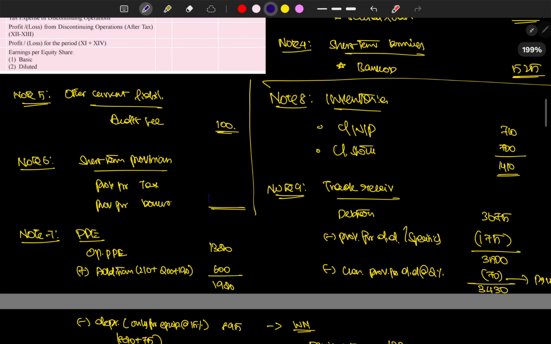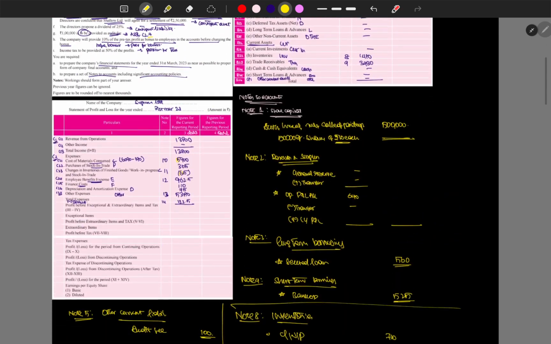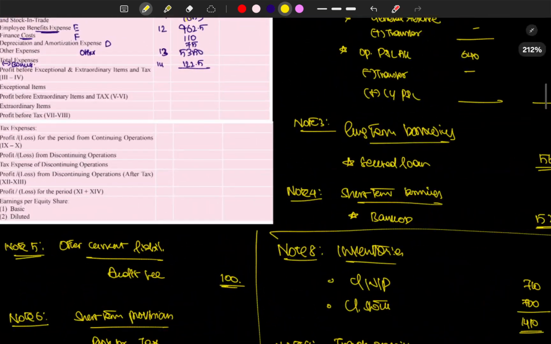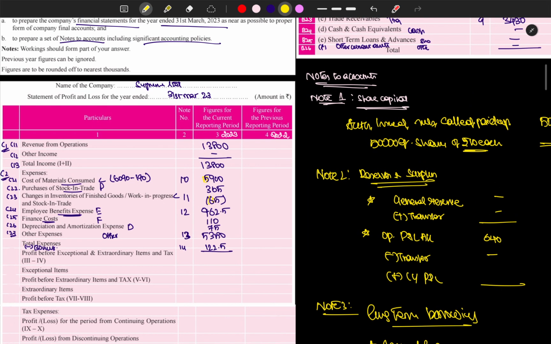See, 122.5. Now we have to find out the provision for tax. So let's total it up, which is 5,900 plus 365 minus 65 plus 962.5 plus 110 plus 75 plus 5350, 122.5,